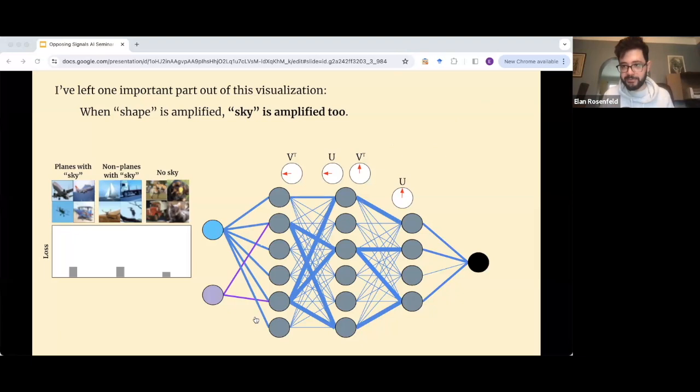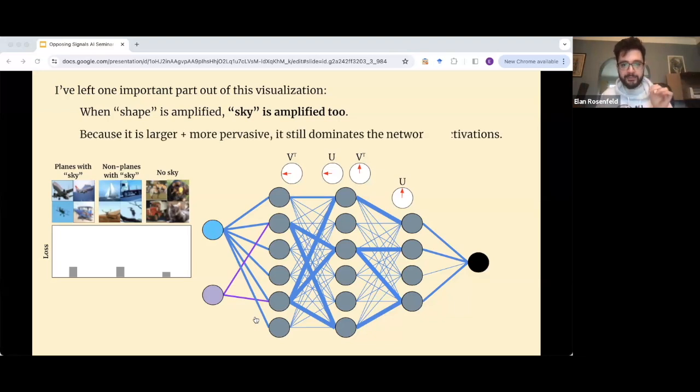So this isn't per se a problem, because remember that this whole time we've balanced things to predict P of class given sky, right? We've been predicting the conditional, and that way we keep the loss between the planes and the non-planes balanced. So per se, this isn't a problem, but it does imply something important about the shape of the loss landscape.